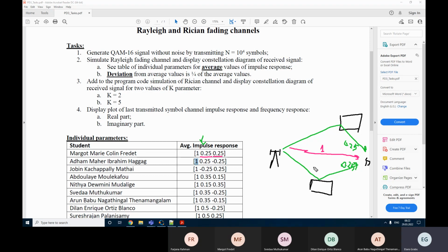Again, if we speak about a Rayleigh model, then usually Rayleigh model has this direct line of sight component. Usually, however, for Rayleigh fading channel, we might even experience it very weak or almost gone whatsoever. So what we are trying to simulate here is more correct to say that this is generalized Rayleigh model. However, we may change some parameters so that we get, I'm sorry,